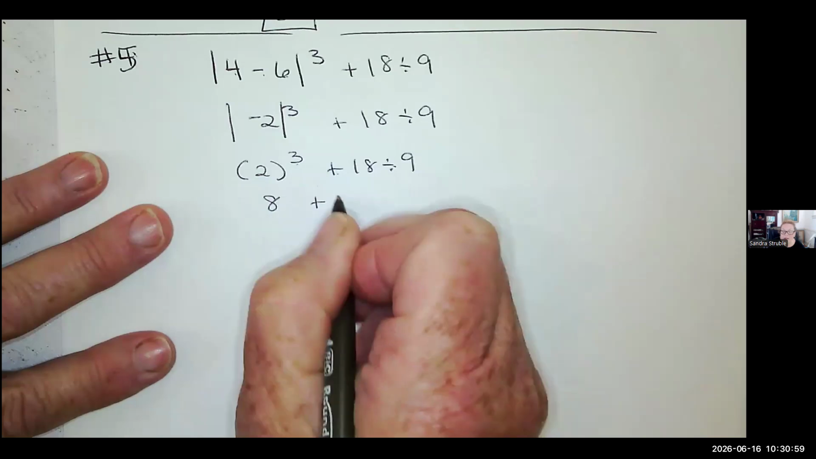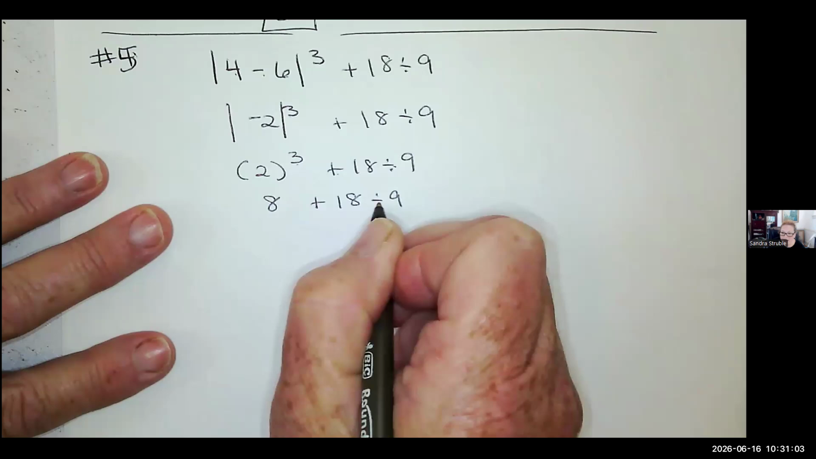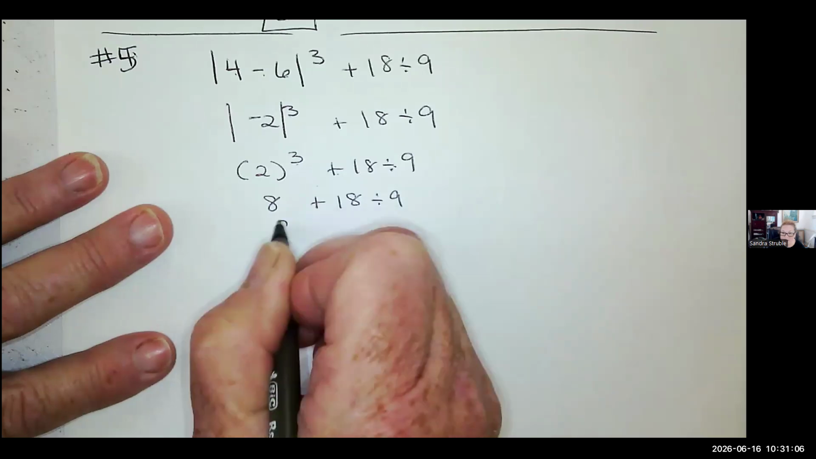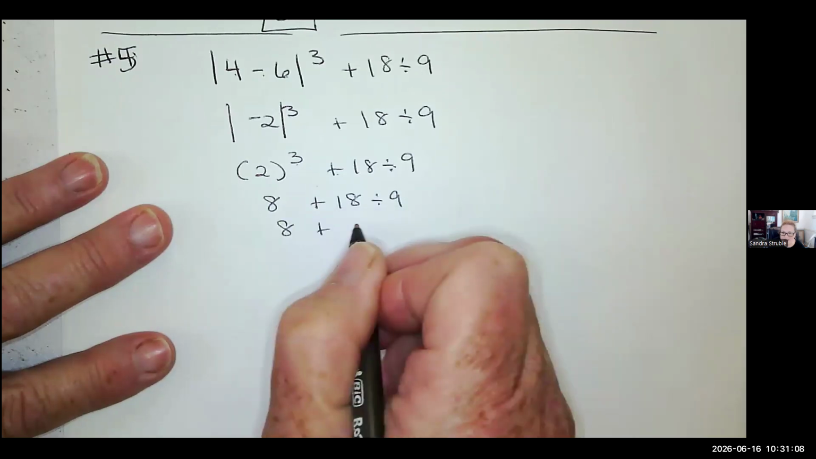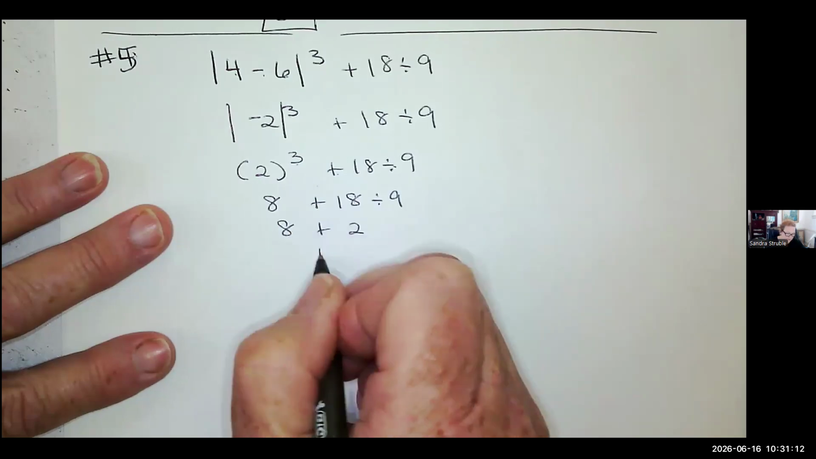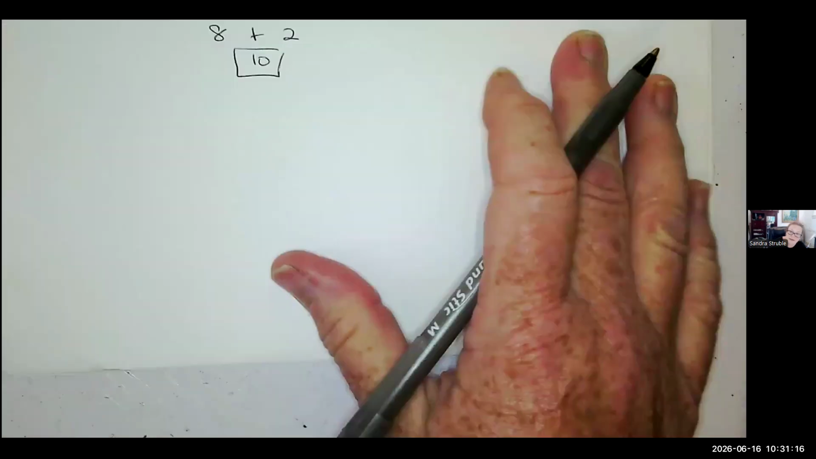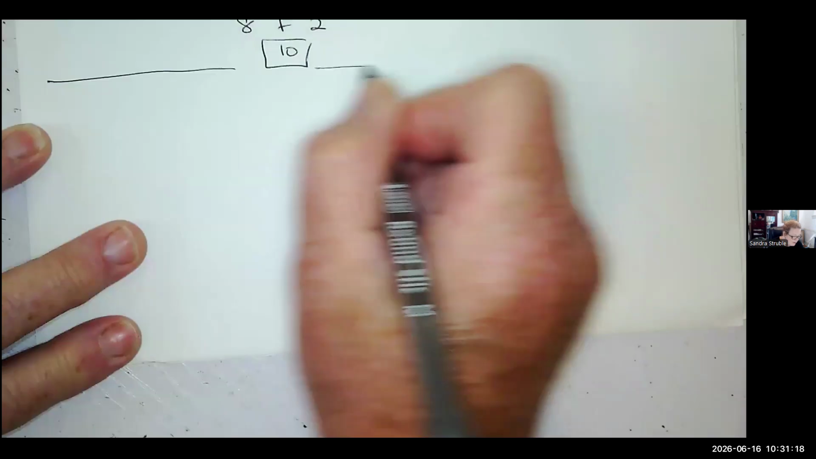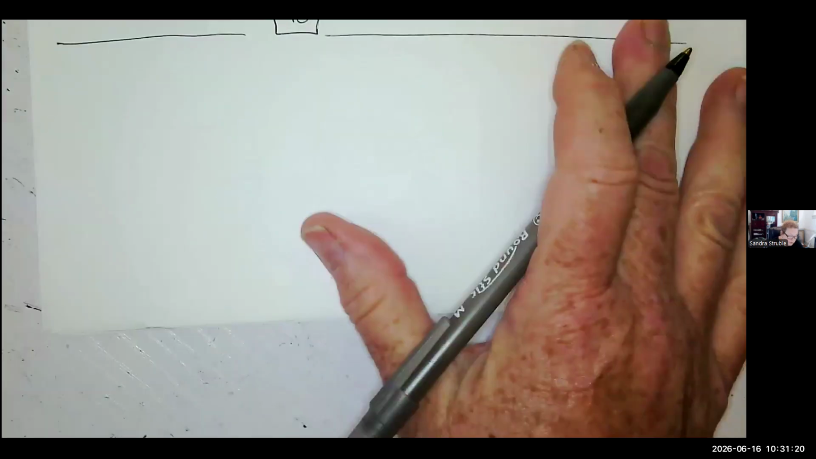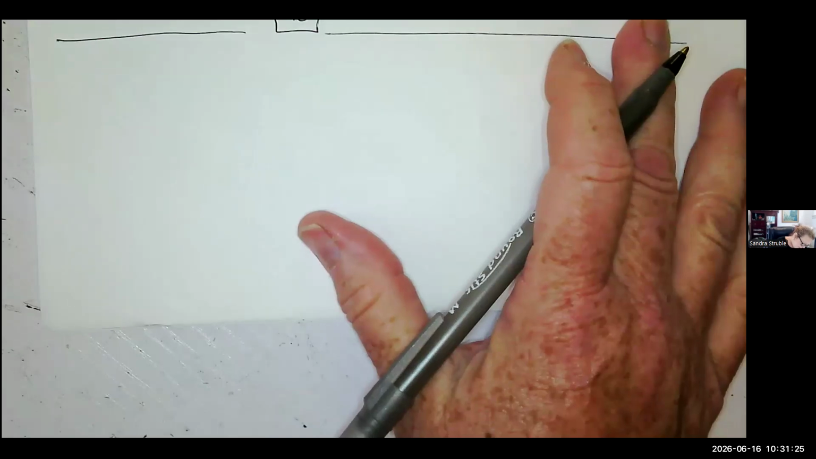Now we have addition and division. We have to do division before addition. 18 divided by 9 is 2. Sorry, I'm thinking ahead of myself. And then 8 plus 2 is 10. All right, that was 5. Again, as I'm going through this, make corrections on your paper and write any questions that you still have for me. Number 6 is 5/6 plus 1/2